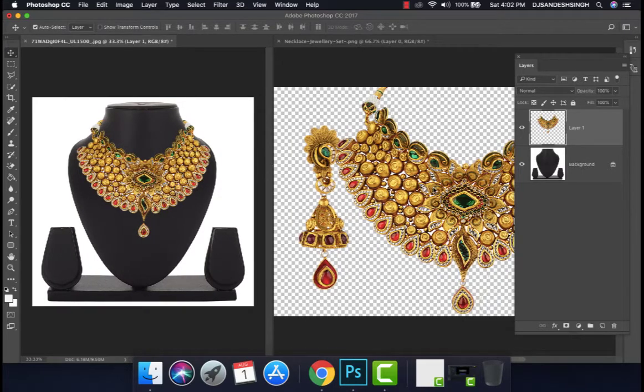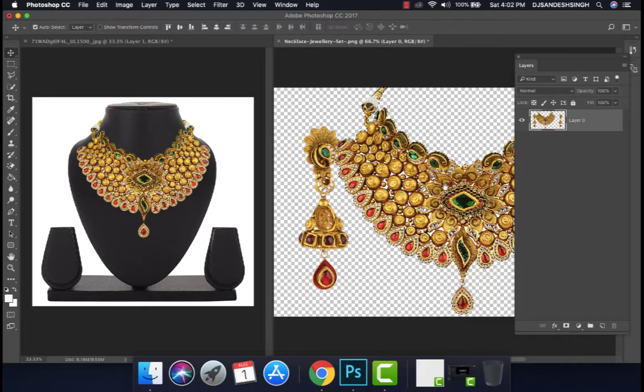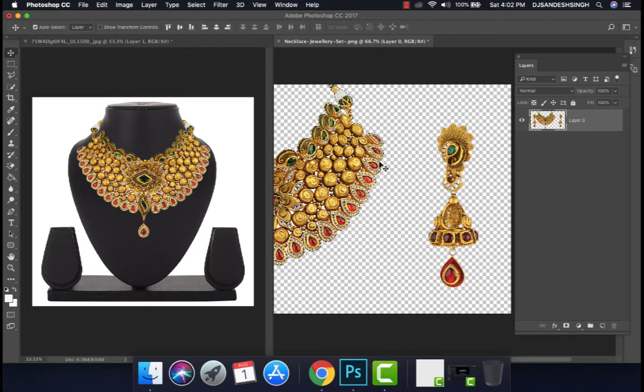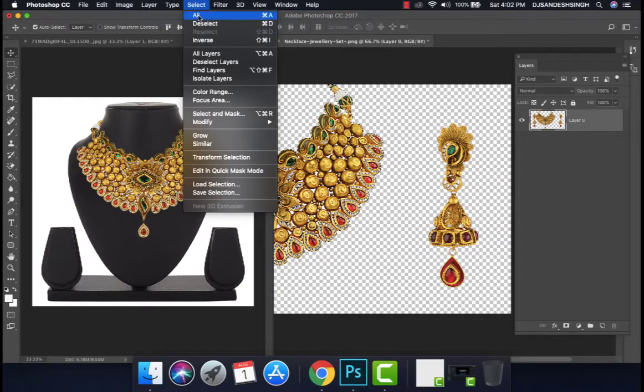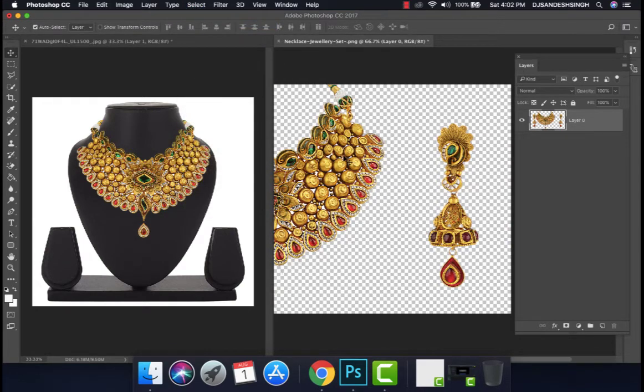Now we drag this document aside, so we can select another jewelry element. Spacebar drag is for panning. Now we remove this selection. If you don't remove this selection, you're not able to make a new selection, so select these new elements of the jewelry also.